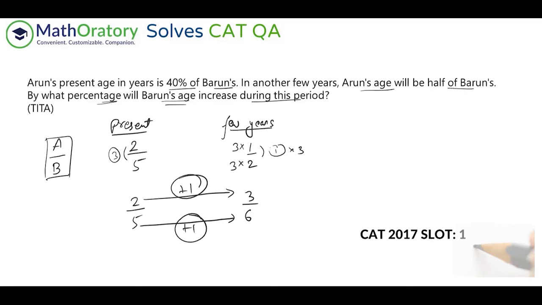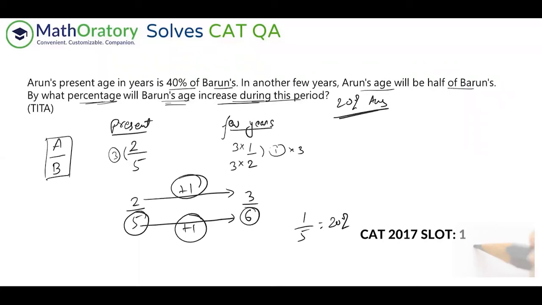Now, as soon as this happens, we can deal with these values. If the question had said after so many years, you could have scaled up accordingly later on. But in this case, we simply asked for the percentage by which Barun's age will increase during the period, so we can just go by these numbers. We can assume that the current age of Barun is 5, and after a few years, his age will be 6. So it's increasing by 1 out of 5, that is 20%. That should be the answer to this question. This is the simplest way to solve this problem. I hope that was understood. It's a very easy question. It should take hardly a minute.